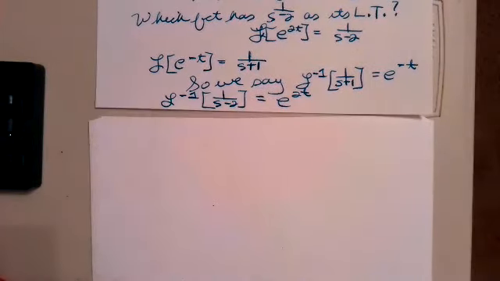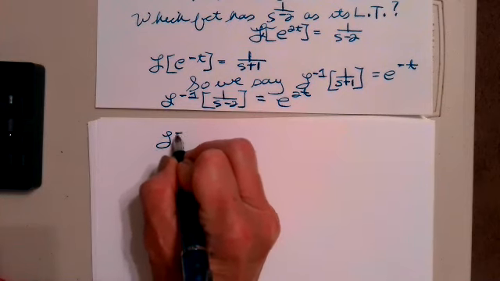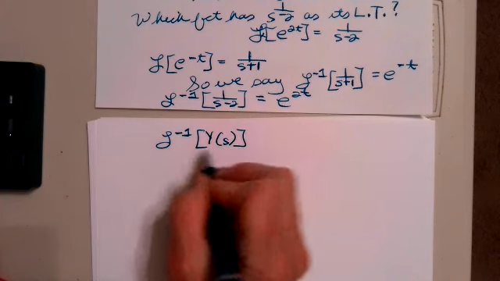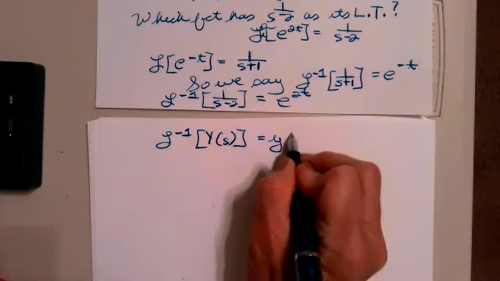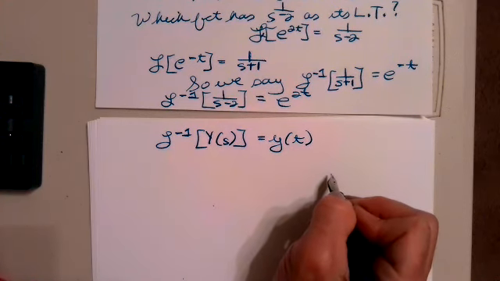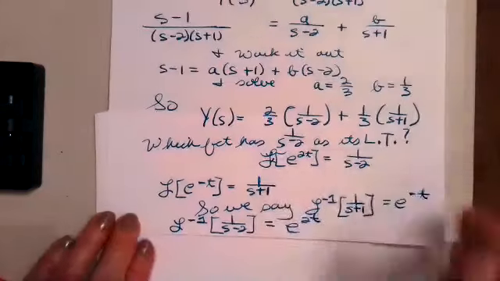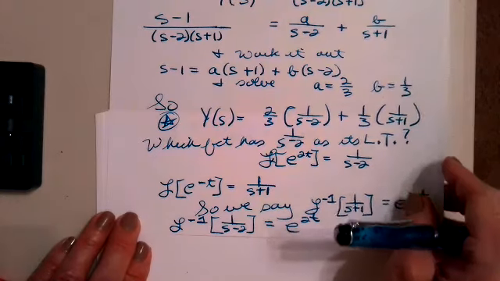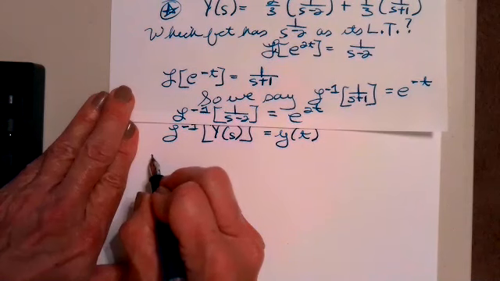So what we have is capital Y of s, and the inverse Laplace transform of capital Y of s is what? That's a function whose Laplace transform is capital Y. That's little y. Okay. So putting that together with this formula that we found right here, star, taking the inverse Laplace transform of both sides,